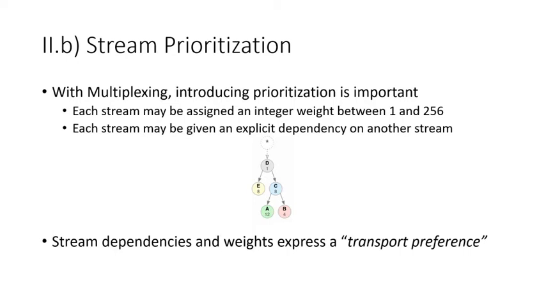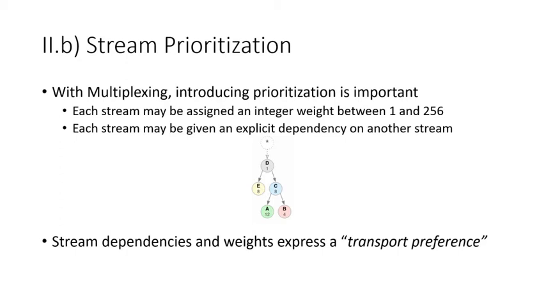Because with H2 all responses are interleaved, stream prioritization gives the client the chance to express in which order it would prefer to receive the responses. The client can express stream dependency, meaning I would like to receive the response from stream D before any other responses, like we see in the diagram, and stream weight for setting priority between streams that are on the same level. In the diagram you can see that streams A and B are on the same level, and they have respectively 12 and 4 as weight,